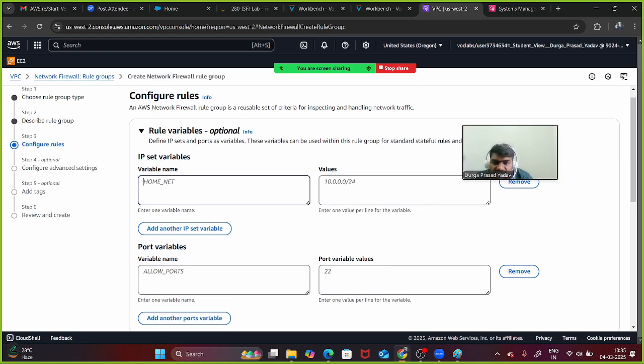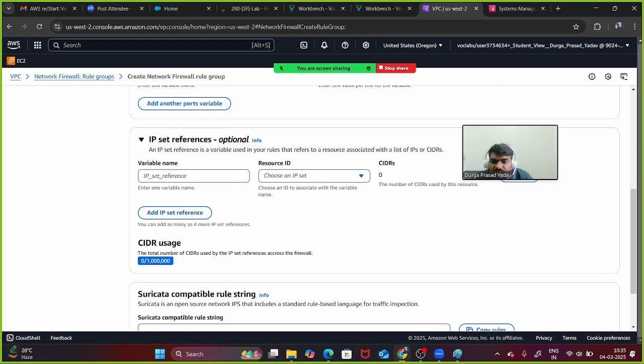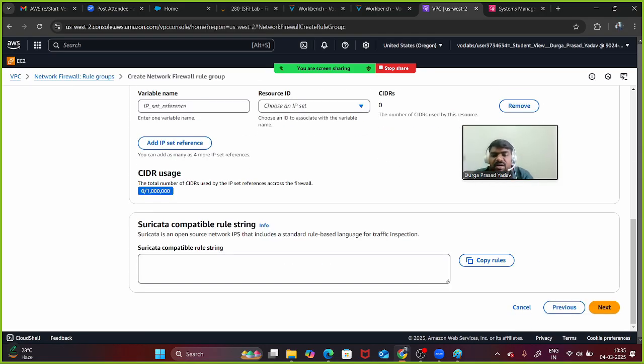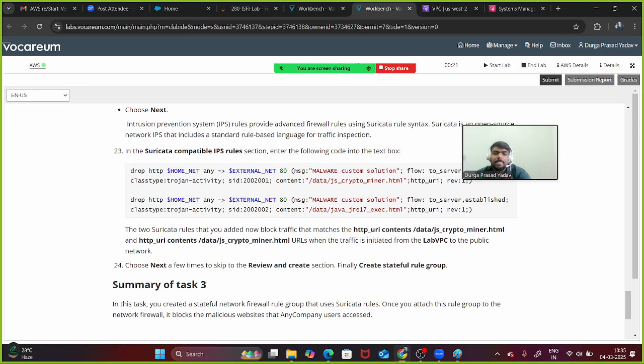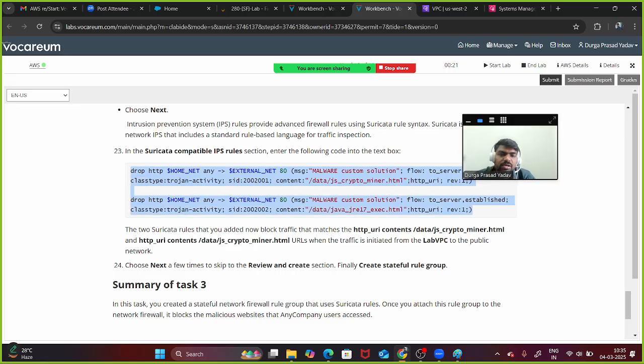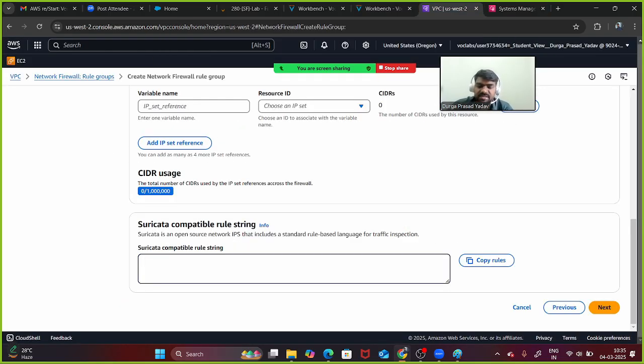If you need to filter based on IP, you will keep your IP here, your port number here, your variable resource here, but we are using a Suricata compatible rule string. It has been given one rule string where we are defining such kind of message, such kind of data which is coming from untrusted websites or sources that should not download into the PC. So we'll copy this and paste it here,